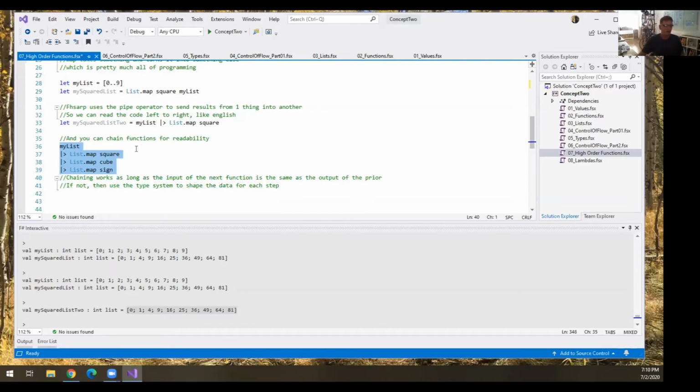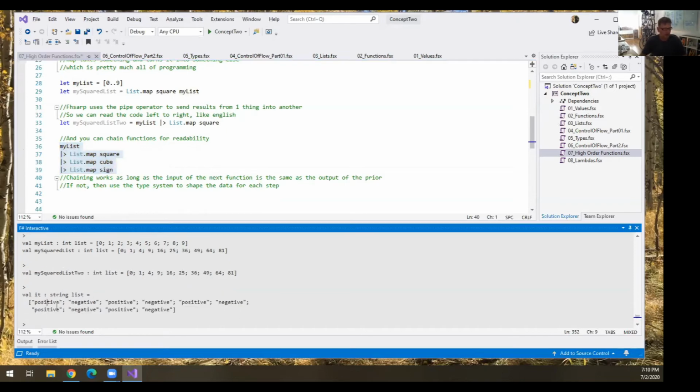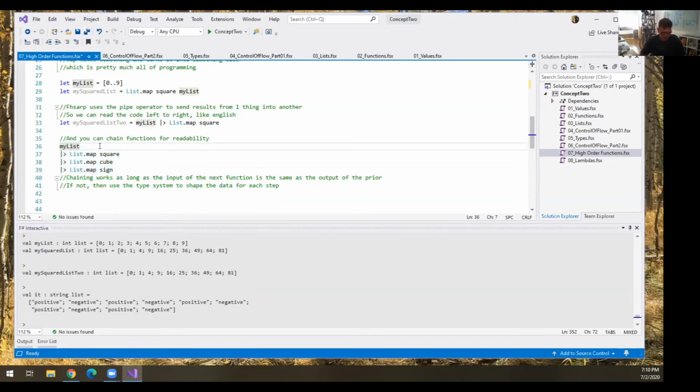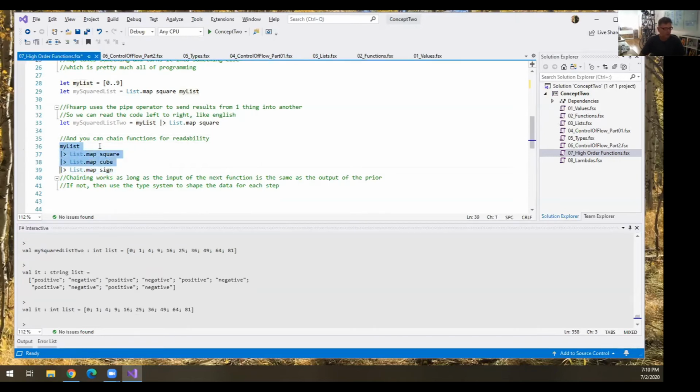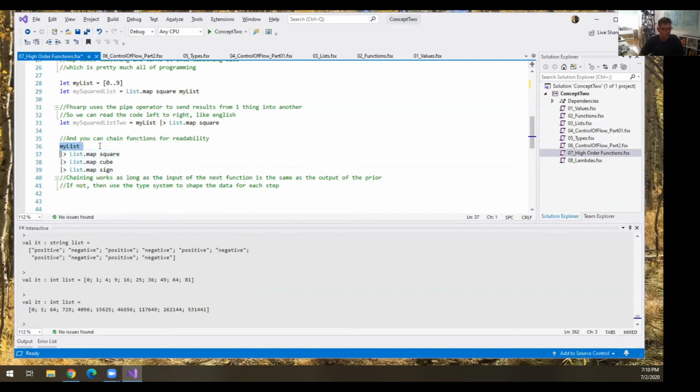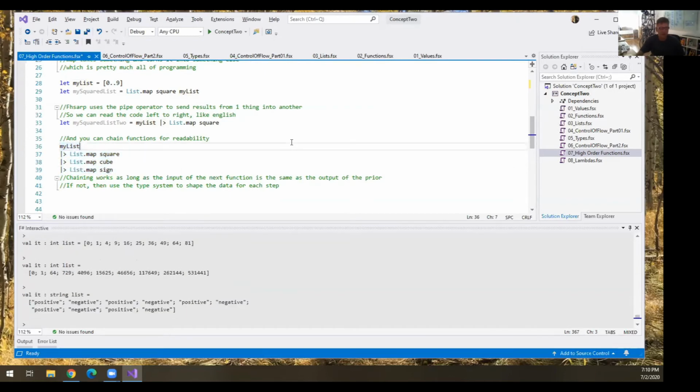And so at any step of the way, you put a breakpoint, you want to see what's going on, actually this resolves completely. So at any step of the way, you can break out what you're doing to see the results. But anyway, here we go. We're going to square it, we're going to cube it, we're going to assign it from my list, and it'll tell you if they're positive or negative coming out of the results. And I don't remember what the results are, so let's just square it. There's the results. Okay, let's square it and cube it. Okay, there's the results. Okay, now let's look at the signs. So that's maps and higher order functions.